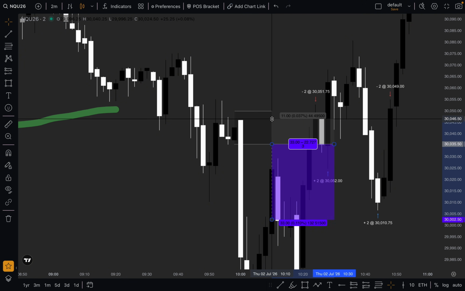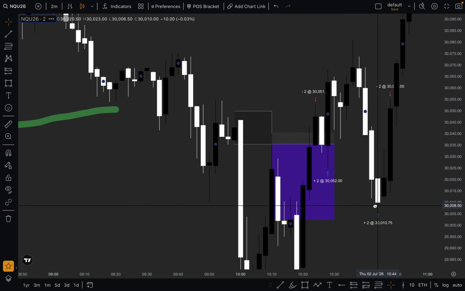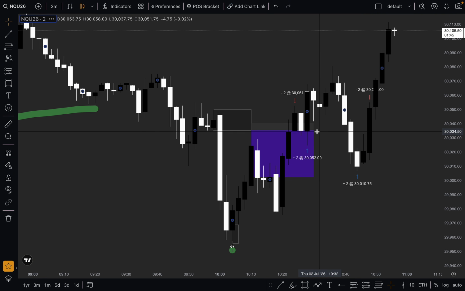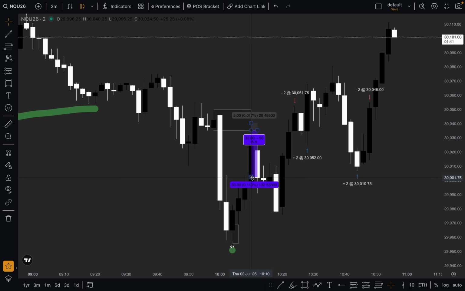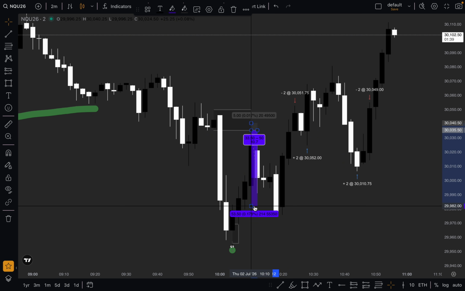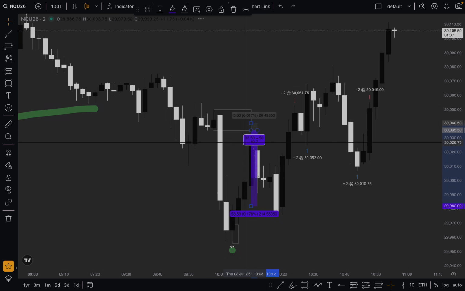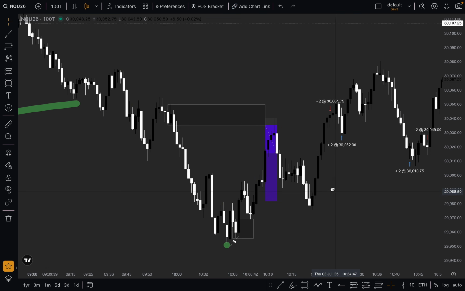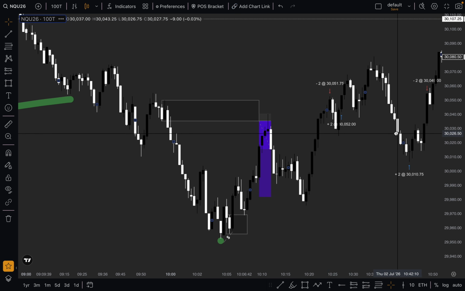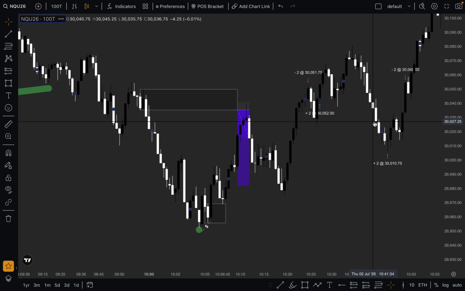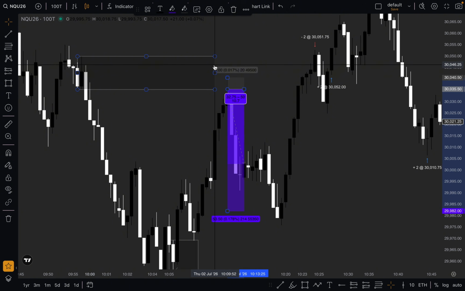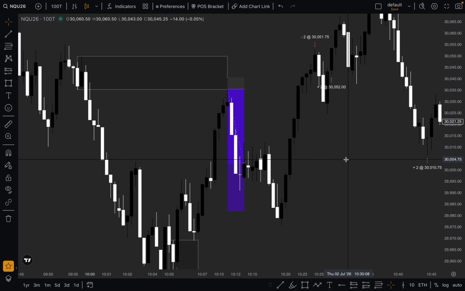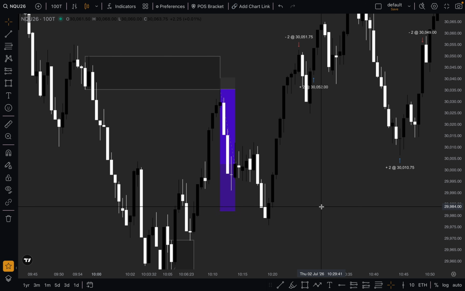So this is what I was talking about before. My bias was bullish, but there was a bearish point of interest. You can take these, it's basically like ping pong. Okay, so let's say you wanted to take this. You'd look for where price would pull back to the downside to continue to the upside. So that's not what I did, which is where I went wrong. I got greedy. I took that short. It was basically like a top tick, and I was like, yeah, I'm the guy, whatever. I was confident, and I completely ignored my bullish bias, which ended up cooking me.